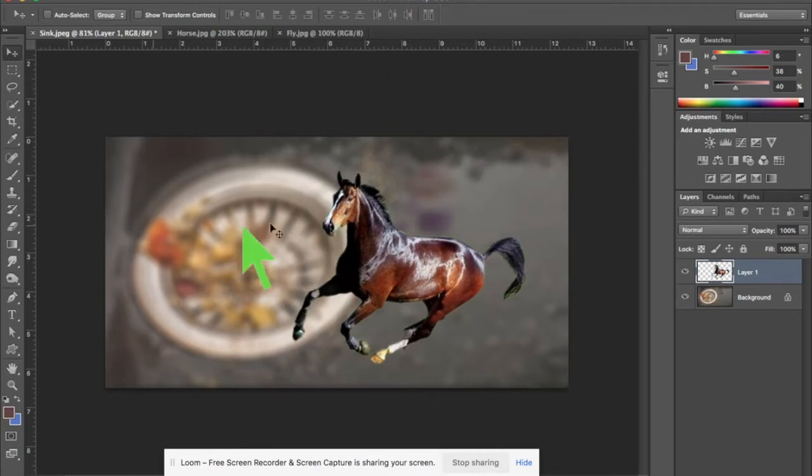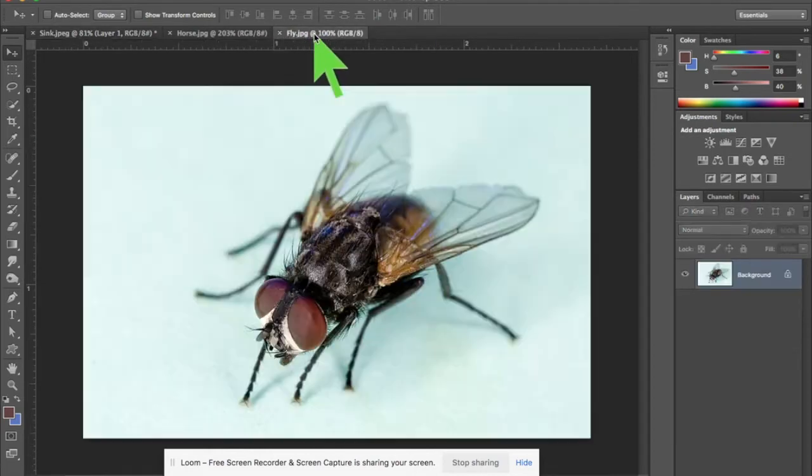You might feel somewhere else is a little better. You might find a different size or a different angle is a little better. It's all a matter of personal taste. Okay. So we've got our background. We've got our horse in place. We've got a good selection. We know how to make good selections. Now we've got to make a good selection on our fly wing. So I'm going to go to the fly